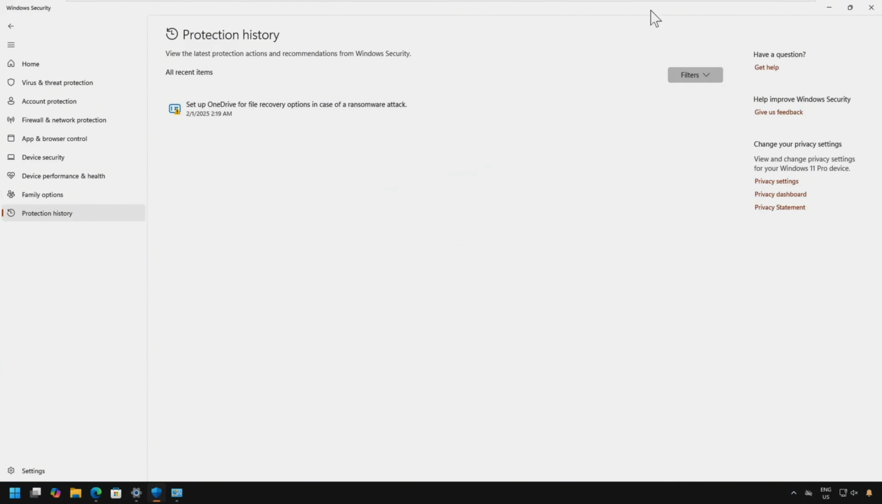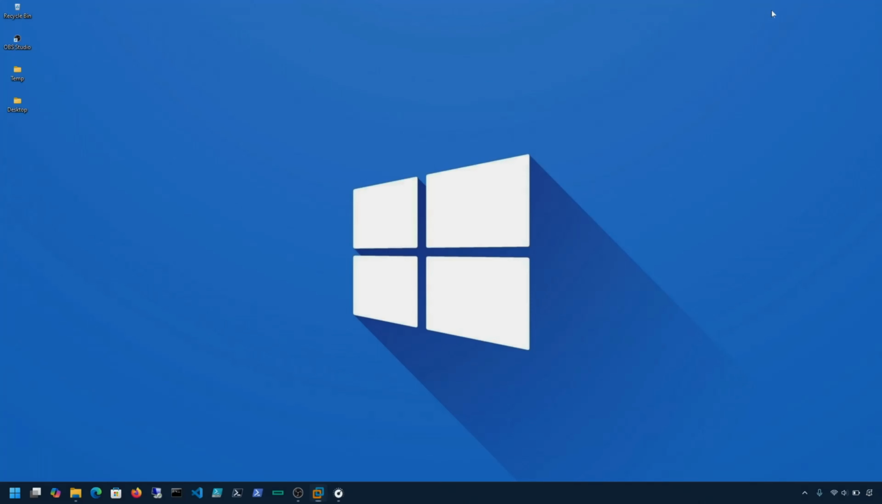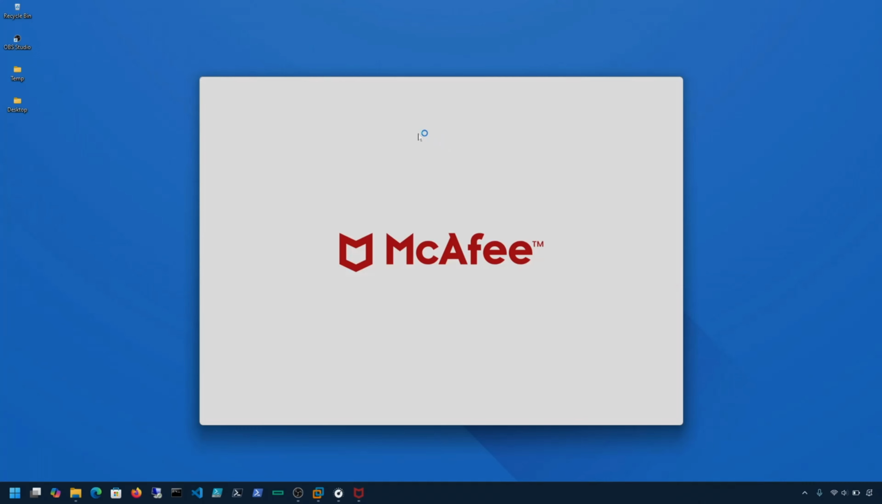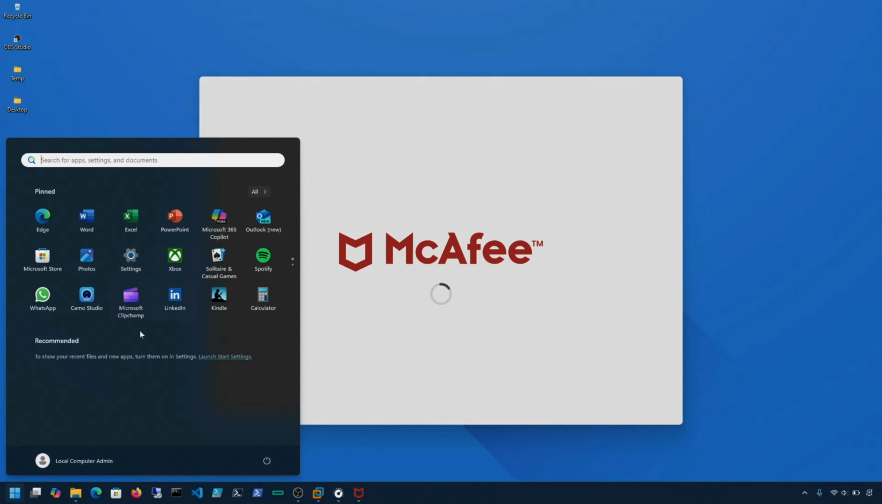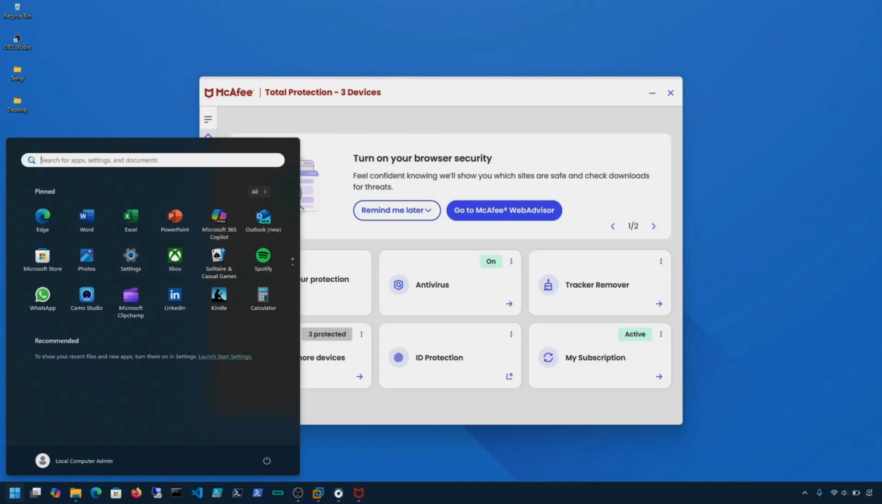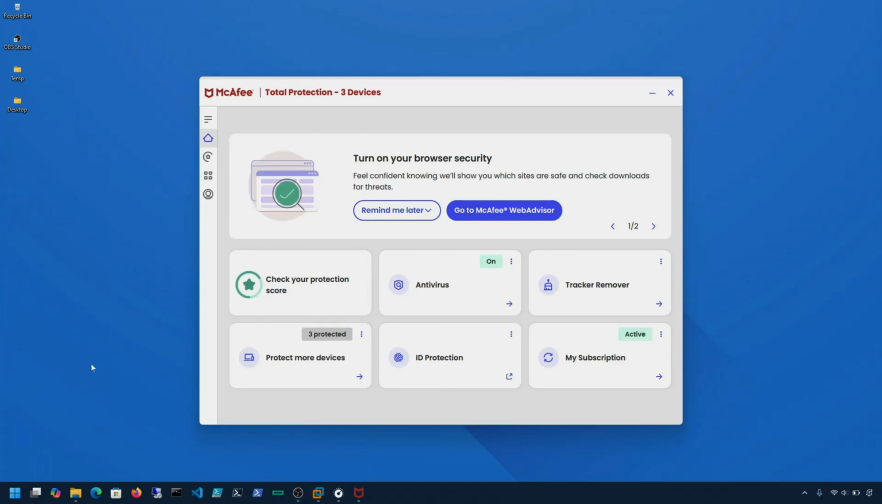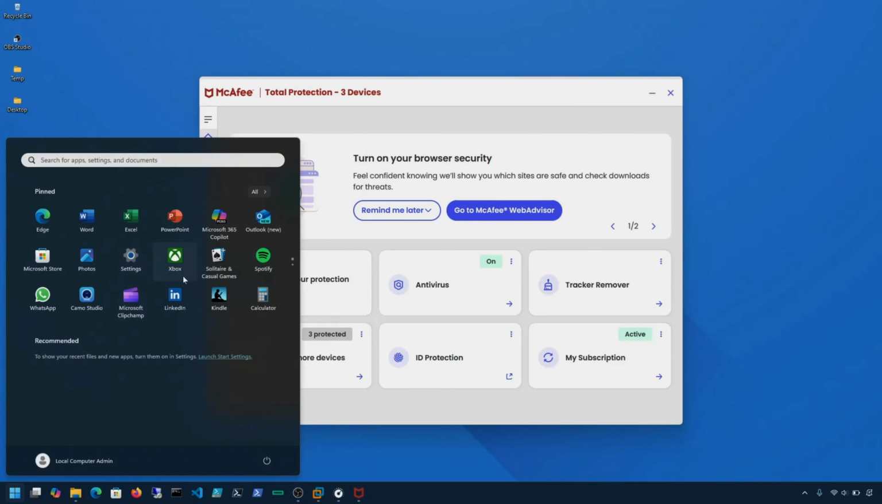So this is my virtual machine which I am running. I don't have any third party antivirus software. On my base machine, my host machine, I have a McAfee antivirus running. If I select McAfee and if I select the settings, if I go to the settings on my host machine,